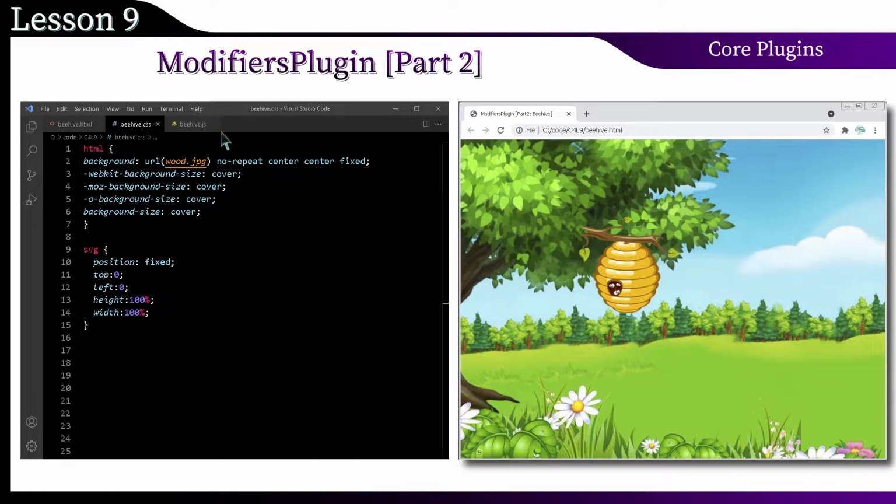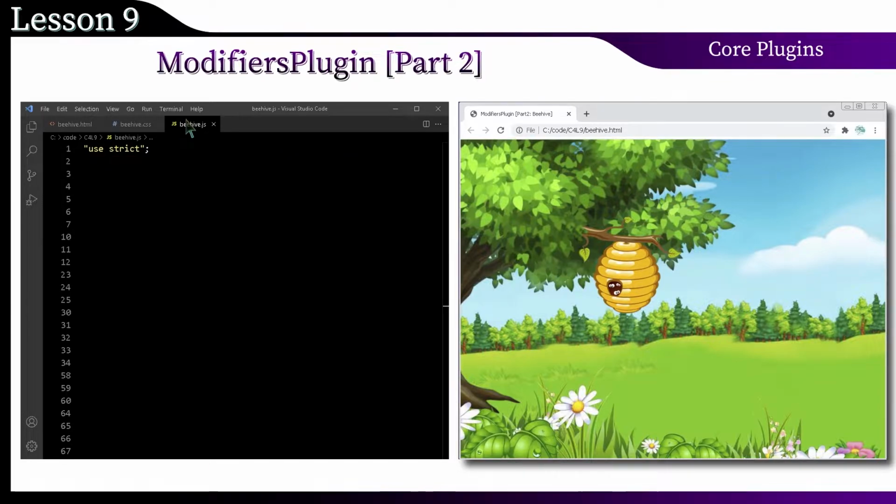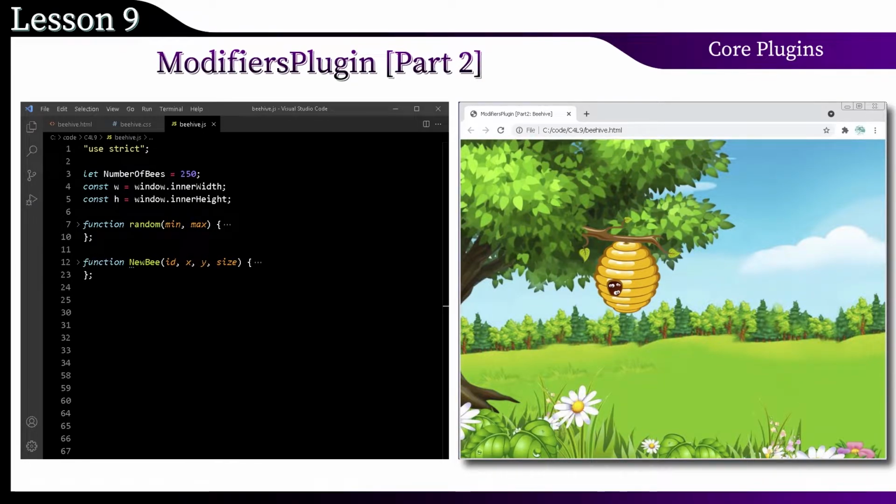Let's move on to the script. We need the number of bees and the size of the browser window for calculations. The script will consist of 5 functions, including selection of a random number from a range. This constructor function puts the next bee image into our SVG container.